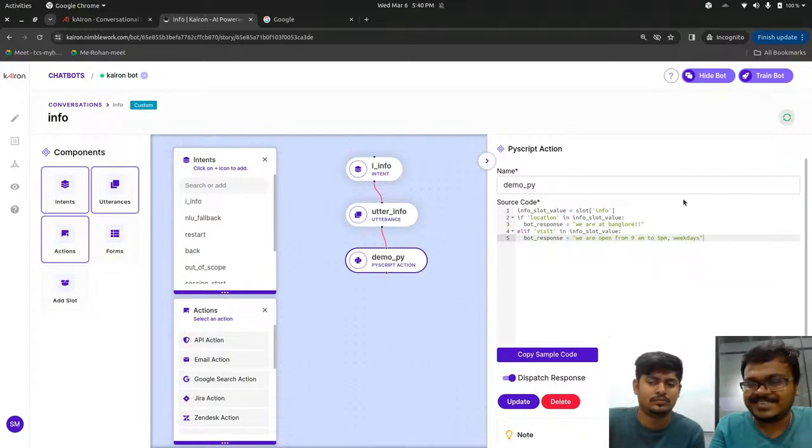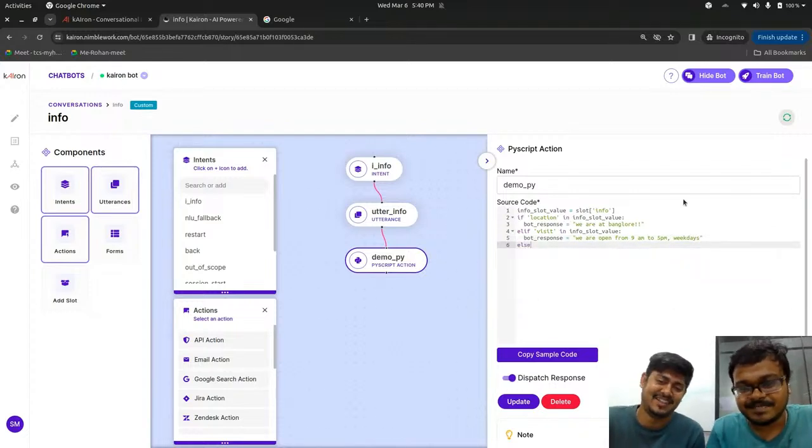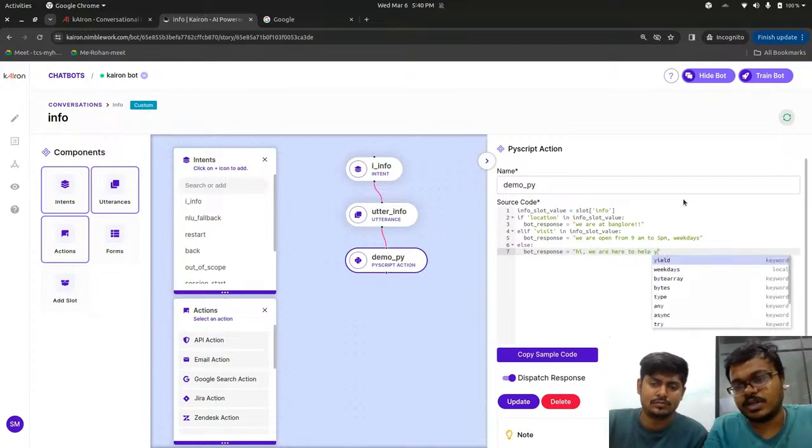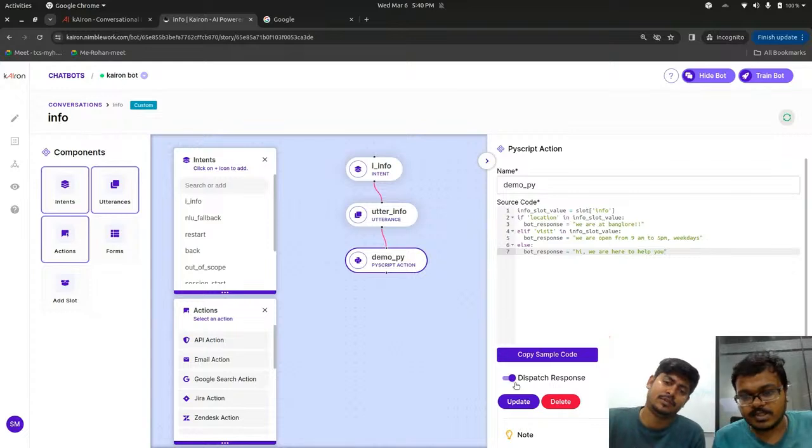Why I'm typing this, I don't know. And else, it's fine, we can add another condition. Key bot response is equal to, let's say, hi, we are here. Hello. Right? So this is the PyScript I have updated,